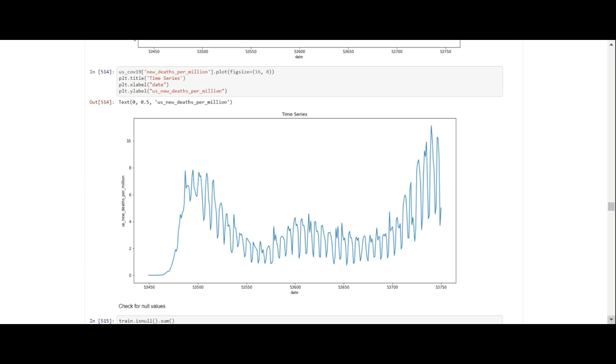So it looks like there are not as many deaths per million in the US as there are in the UK, but it's misleading because the chart's not numbered the same. So that's another thing you need to take into consideration when you're looking at all these charts.